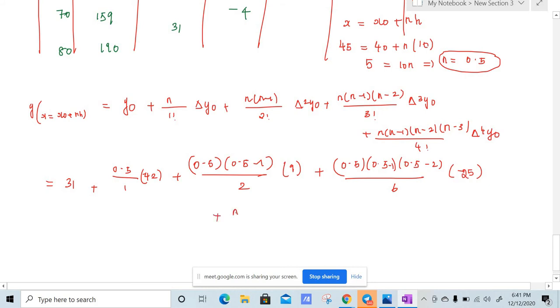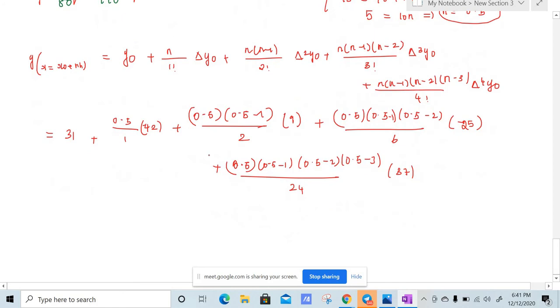Plus n into n minus 1, n minus 2, n minus 3 divided by 4 factorial, which is 24. Del power 4 y naught is 37. So again you just make use of a calculator, find all the values and then sum up. You will have 47.867 or 868, which is approximately